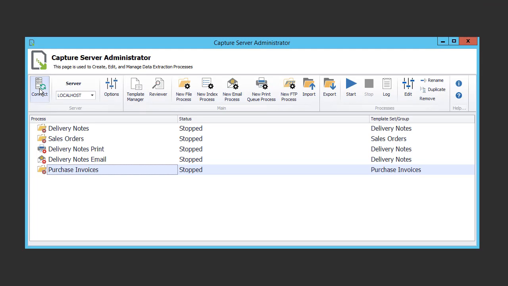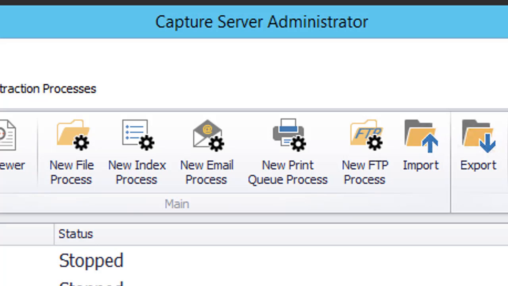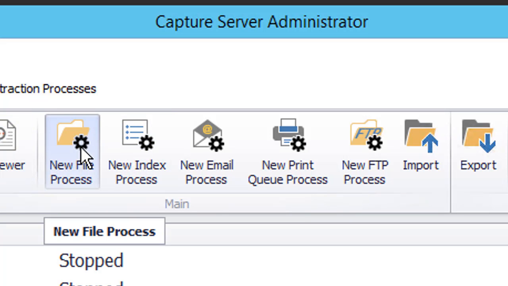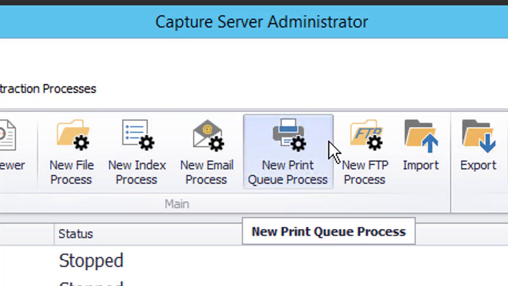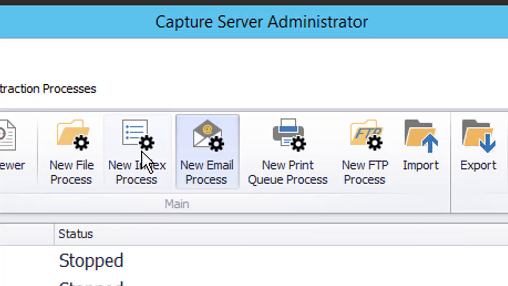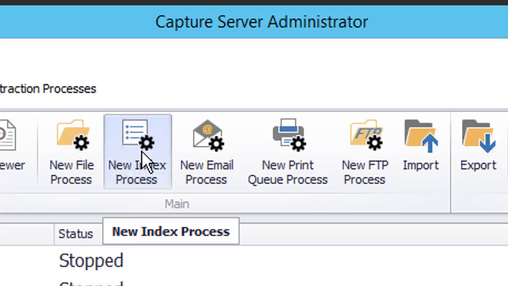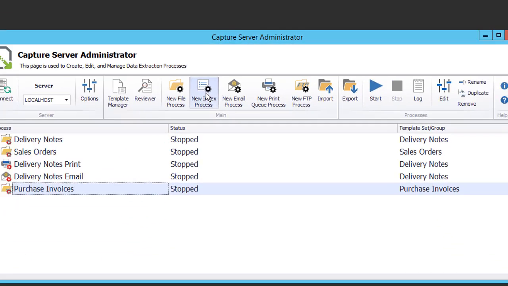Single or batch documents are received from a number of different import sources which are defined here. These include options for network folders, commonly known as watch folders or hot folders, FTP, printer, or email, and even data file. So that's extracting data from files such as CSV, XML, and then using that data for various different